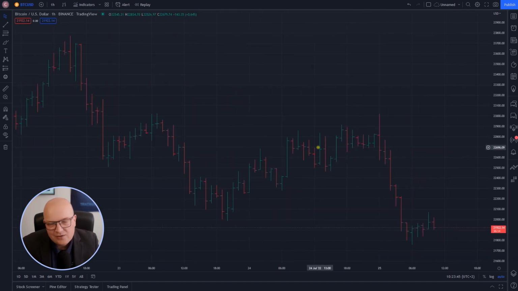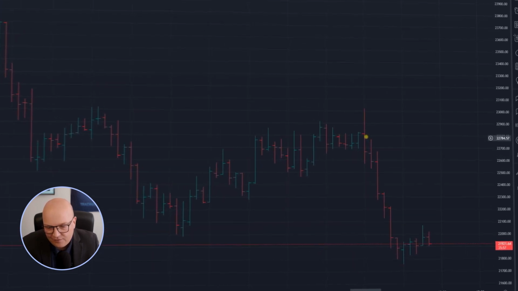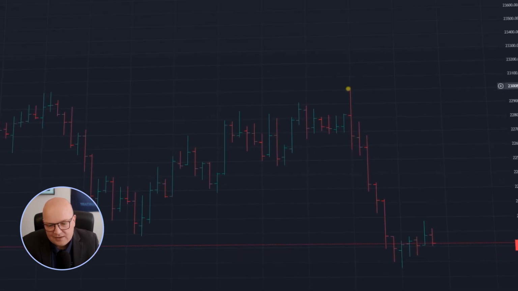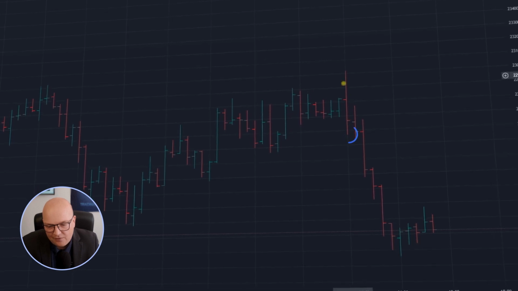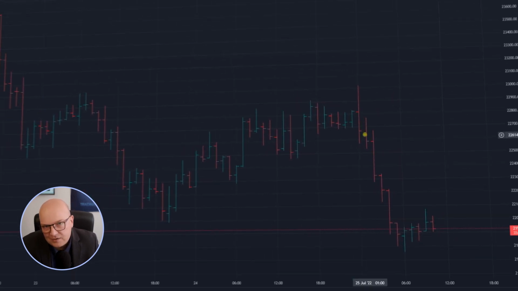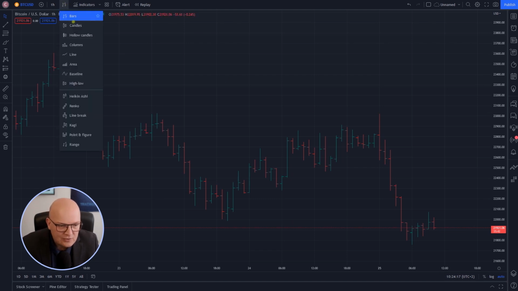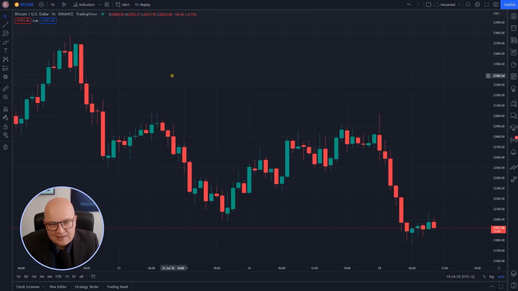A variation of candlestick charts are so-called bar charts, which were very popular in the Western world, whereas candlestick charts were more popular in the beginning, at least in the Asian trading world. Bar charts display the same information. For the closing price, you have this little line to the right. For the opening price, the little line to the left. The highest point is marked by the top of the bar, the lowest price by the lowest point of the bar. If the bar is red, it means that the closing price was below the opening price. However, those are rarely used nowadays because you get this exact same information in a more eye-appealing way from candlestick charts.